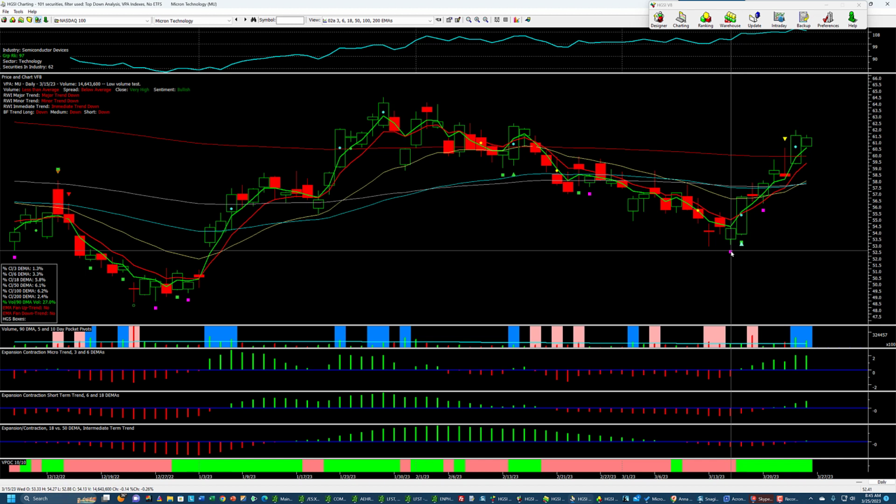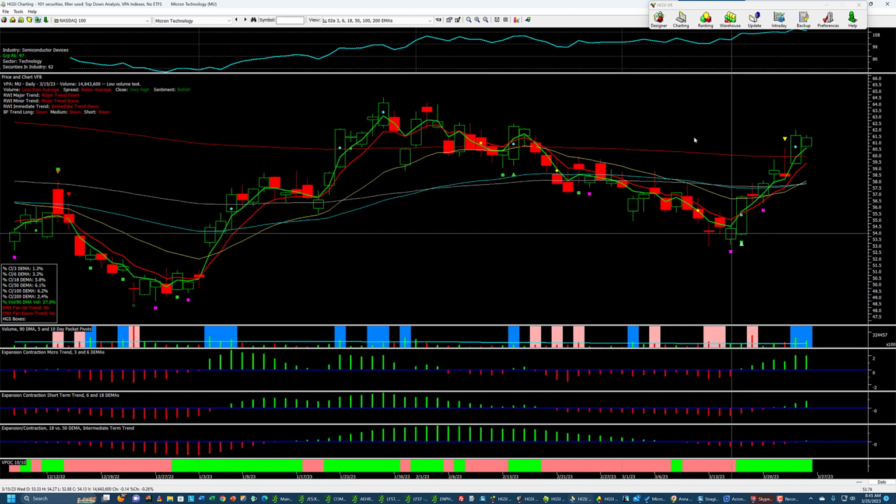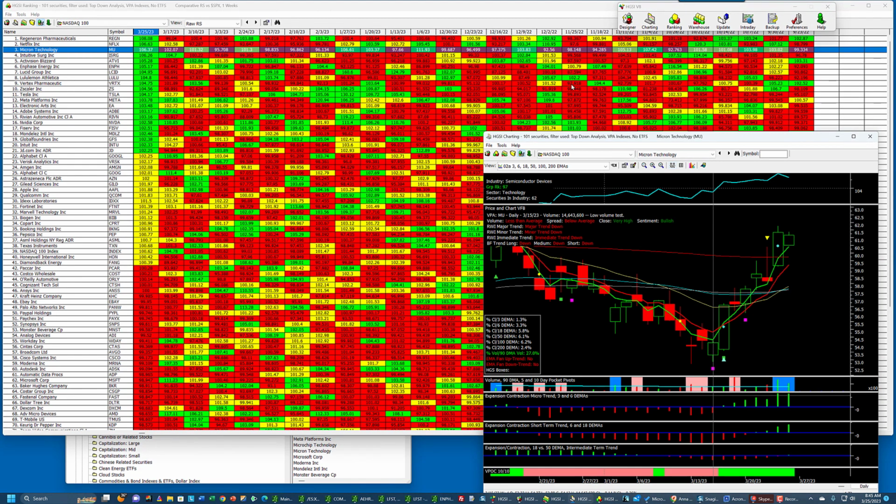And it's hard to buy these on the way down because there's weakness over here. You really need to see some strength. On this bar, there was strength behind it, and then it took off. So how do you find these? Well, you have to scan for them, look for them, and